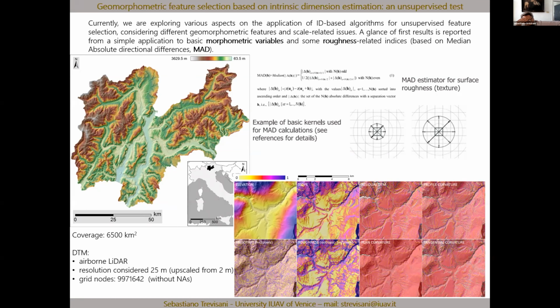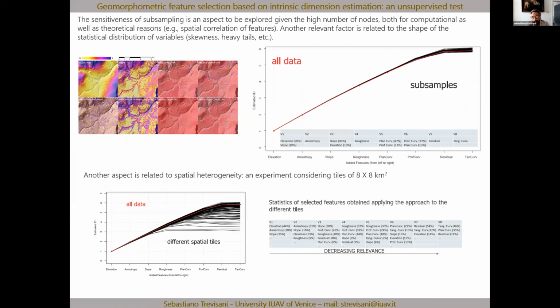And I considered 8 variables: elevation, slope, residual DTM, profile curvature, tangential curvature, plane curvature, anisotropy in roughness, and isotropic roughness. These 2 indexes of roughness are computed considering lag distances of 2 pixels, or are a measure of roughness for very fine scale morphology. If we apply the algorithm to this 8-dimensional, from the Euclidean point of view, data set, we can see